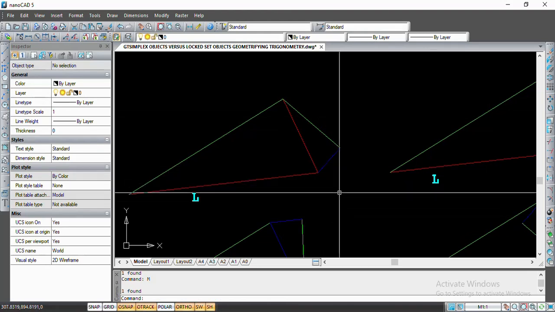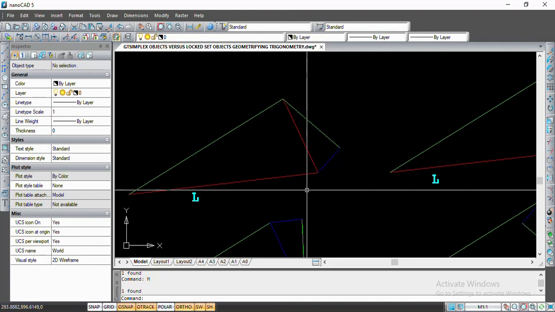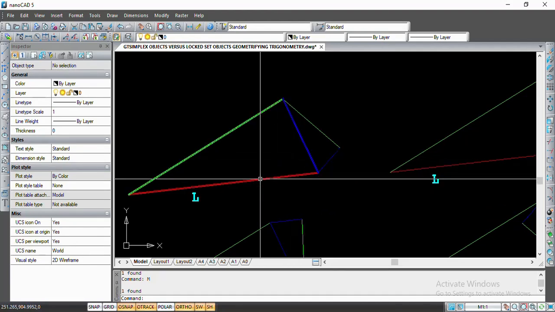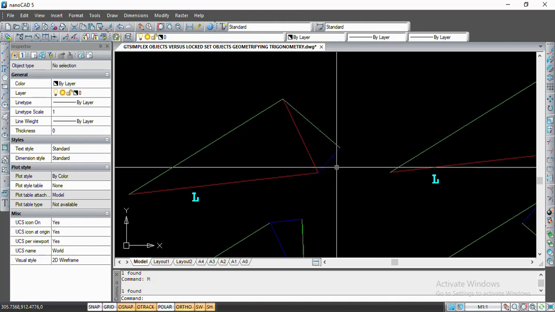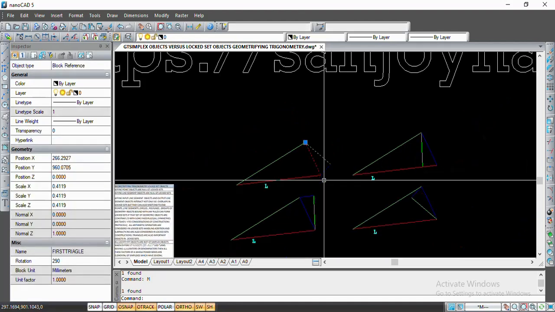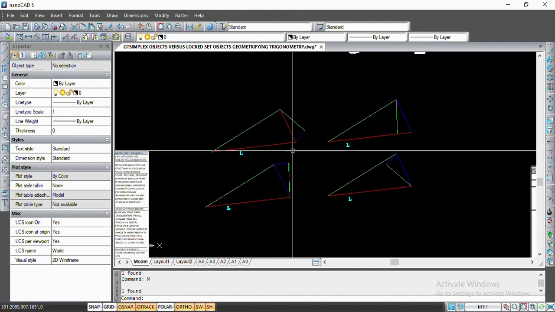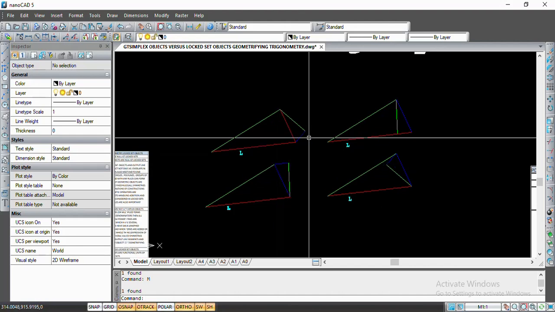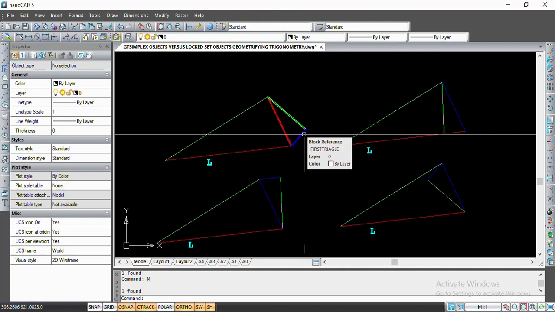Now for this triangle there is also an output line segment. If we take red to blue as the output mechanism, then red to blue, again red to blue, which gives this blue line as the final output line segment. So if we take the convention that red to blue is the mapping of the input to output, then red to blue is followed here also, and this blue line segment is the final output line segment for